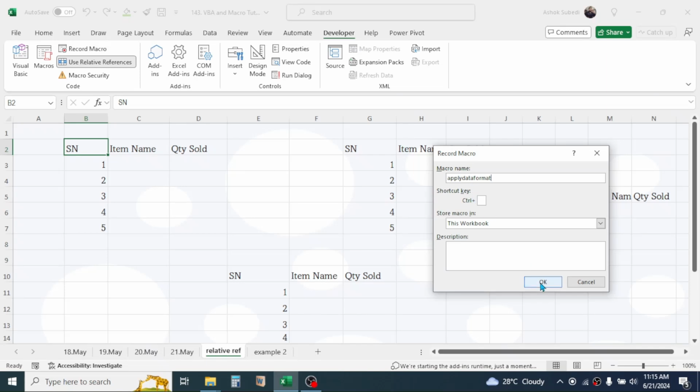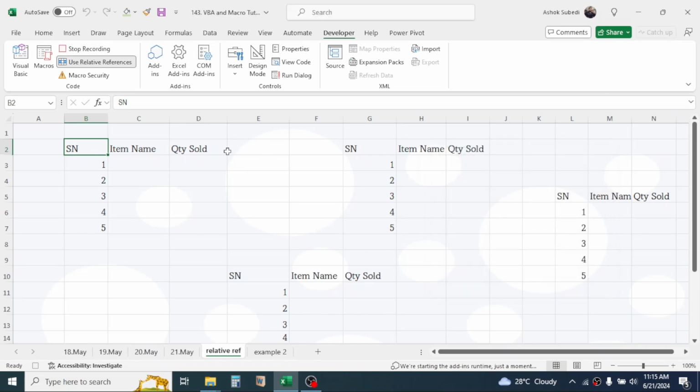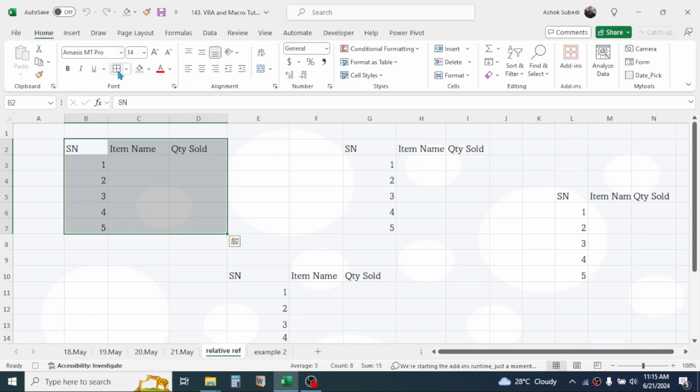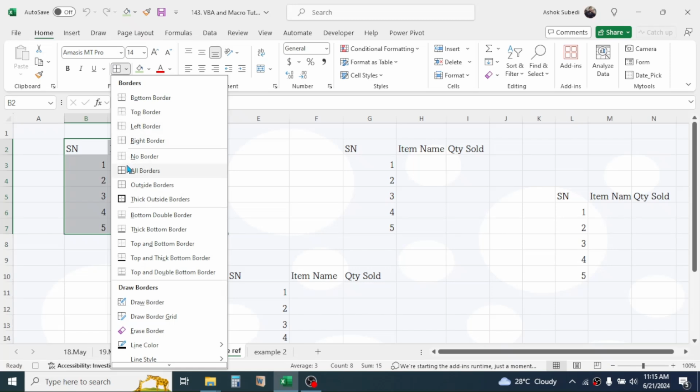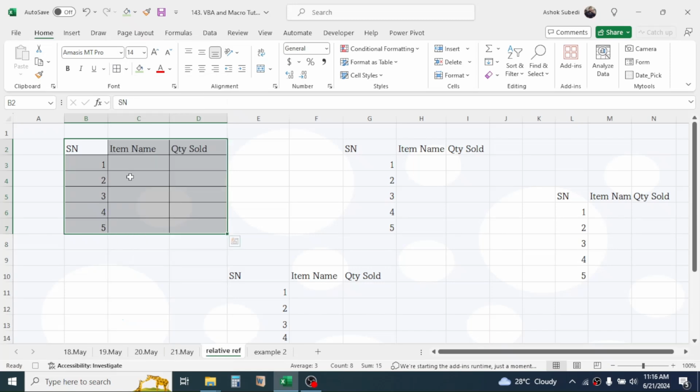Now click on OK. Now in this case, use the keyboard key to select the data. By holding shift, then right and down arrow, you can select. Then click on the home tab, then here apply the borders. Again use the keyboard up key, then click the down key, then select the titles, then apply the